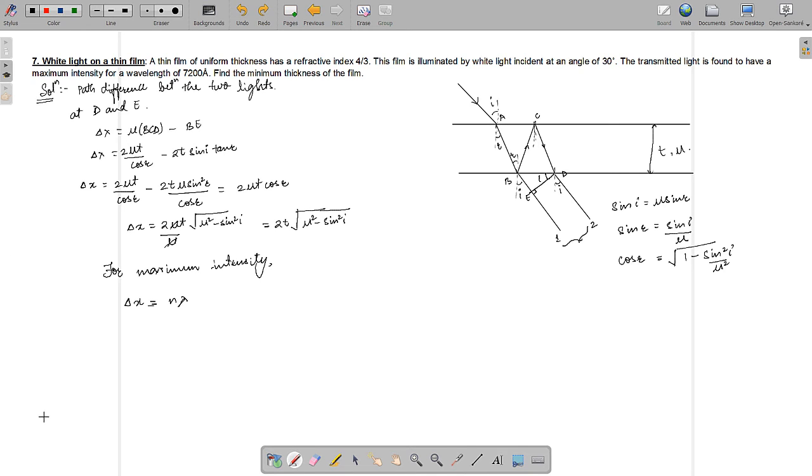So we get 2 mu t cos r equal to n lambda, where n is an integer which starts from 0, but for n equal to 0, t should be equal to 0, which is not possible. So we'll take, for minimum t,